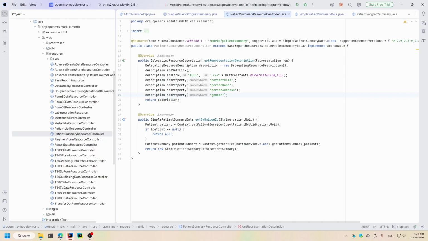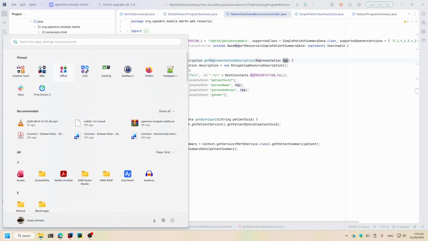We have discussed this when we were talking about OpenMRS's REST module. Right now, I'm going to put in a few things. So whatever representation I'm asking, be it full, be it default, or reference only. We just open the